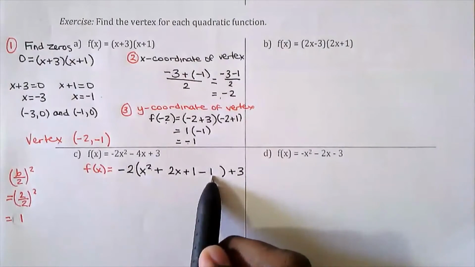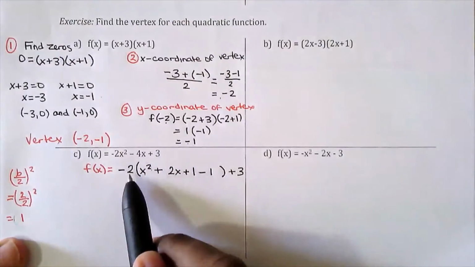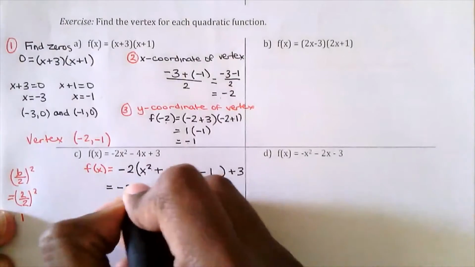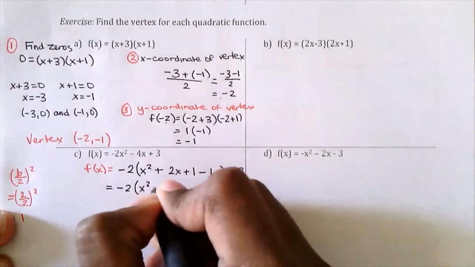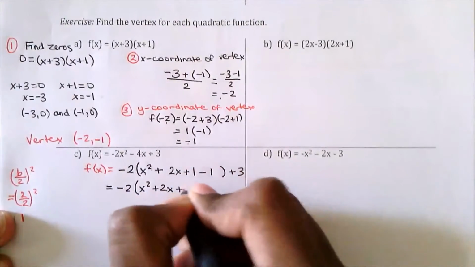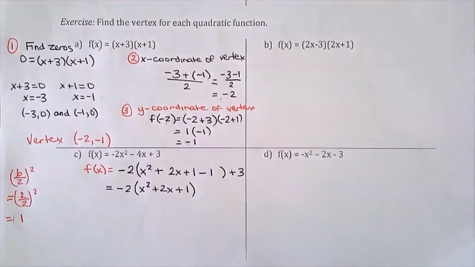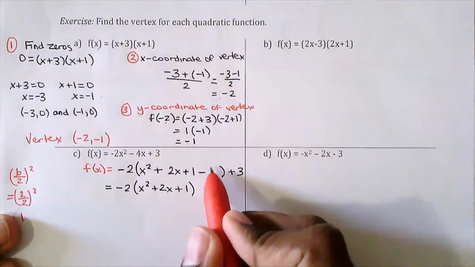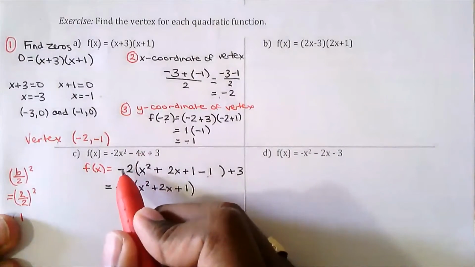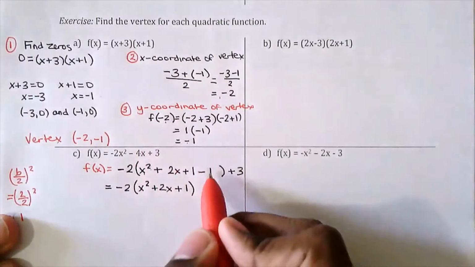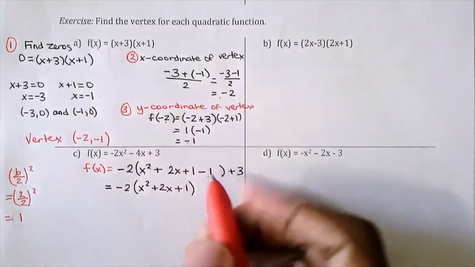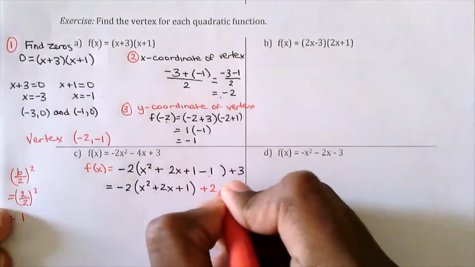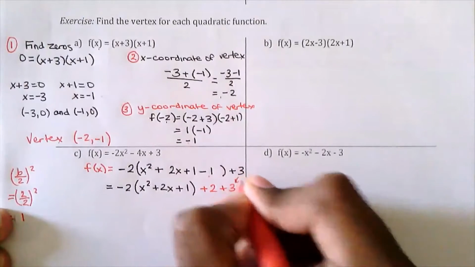I want to take it out, but I know I need to multiply it by the a in order to do so. So I copy down everything else. The negative 2 I like. I like having the x squared plus 2x plus 1 in the bracket. Those are all fine. I don't like the negative 1 here, so I'm going to take it out. But to do that, I multiply by negative 2. So negative 2 times negative 1, remember the signs, is going to give you positive 2 plus the 3 that's